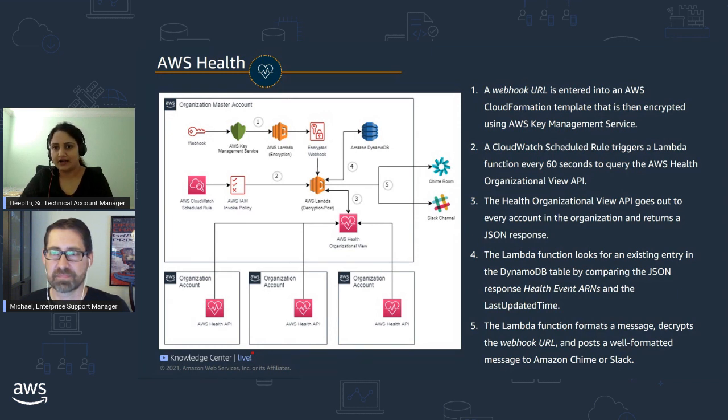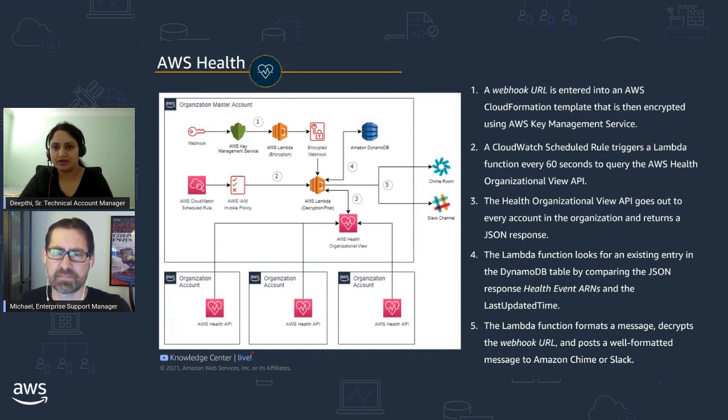Moving over to the architecture, this is a diagram that describes what happens under the hood once you install this application. It neatly shows numbers 1 through 5, explaining the flow. And the demo obviously shows this in action in a moment. But you're just going to download the sample zip file from GitHub and install that. Under the hood, there's a webhook that is created already by you. And once you install the CloudFormation template, the Lambda functions get installed. They also have a DynamoDB table where the events get populated.